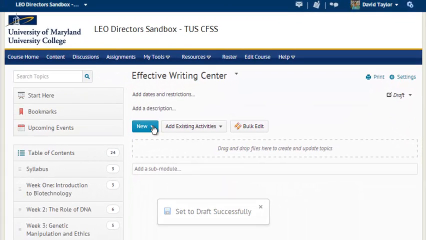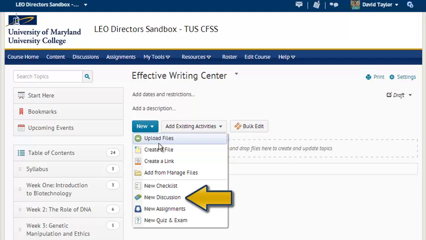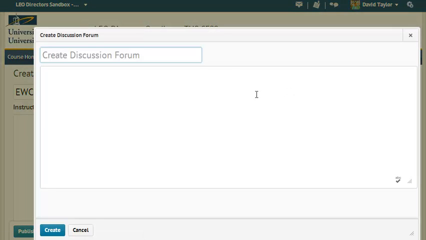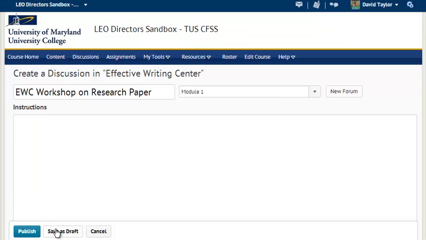And then click on New Discussion. Now we're going to create the actual discussion title for the entire workshop, EWC Workshop on Research Paper. We have to click on New Forum because a forum for us does not yet exist, and so we want to create a forum with the same name. Now we can select the forum that we just created,